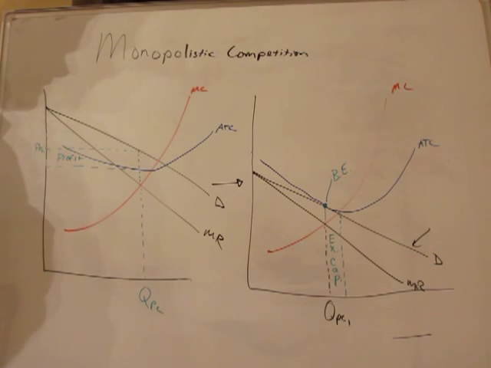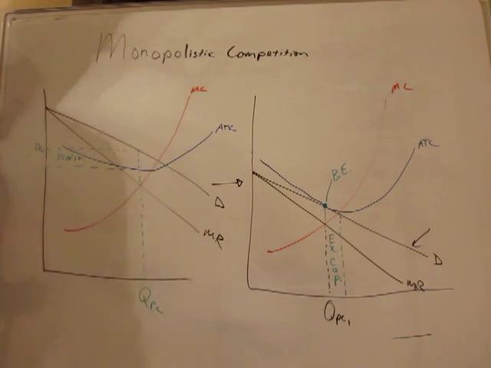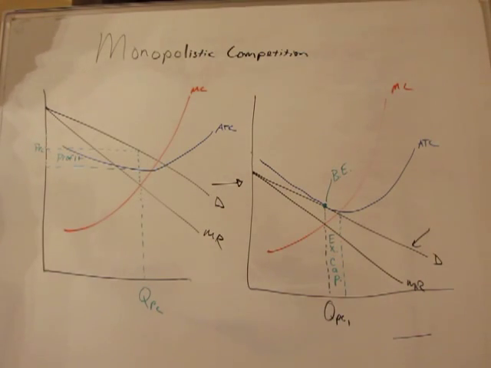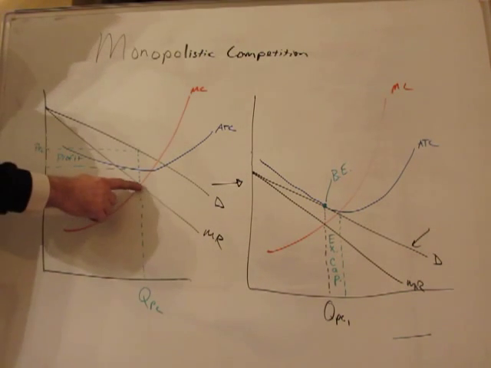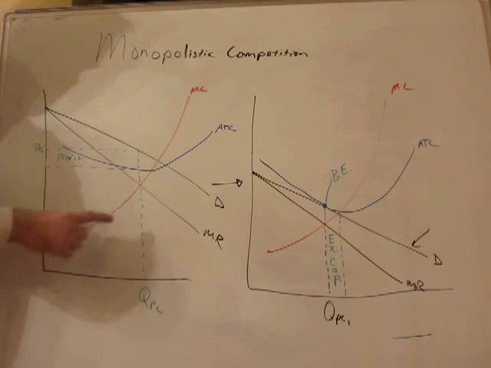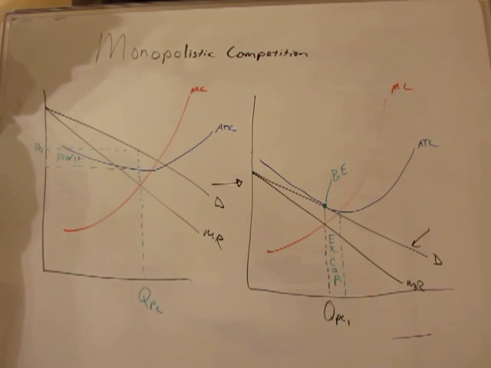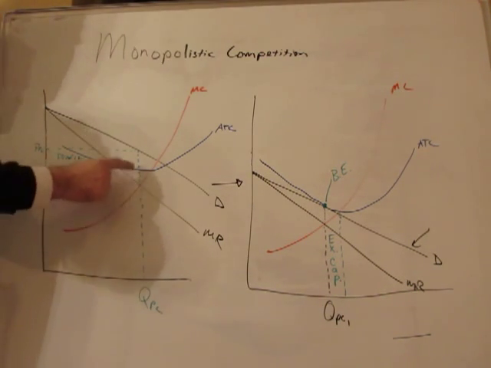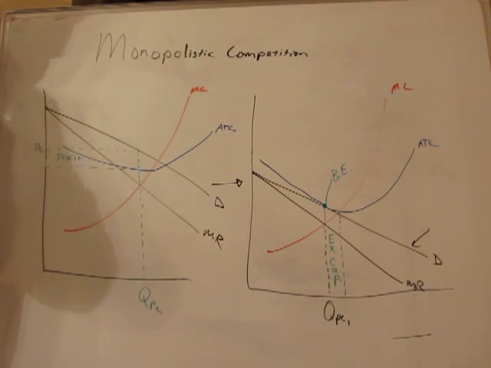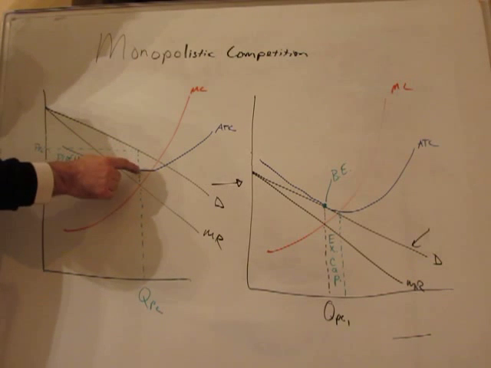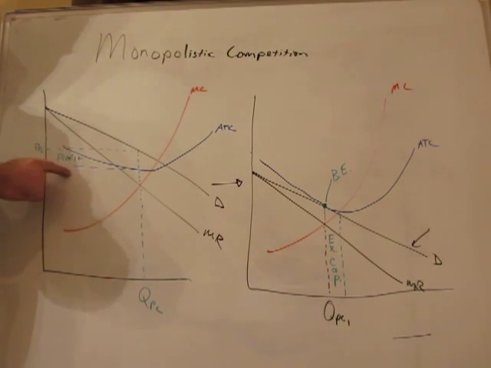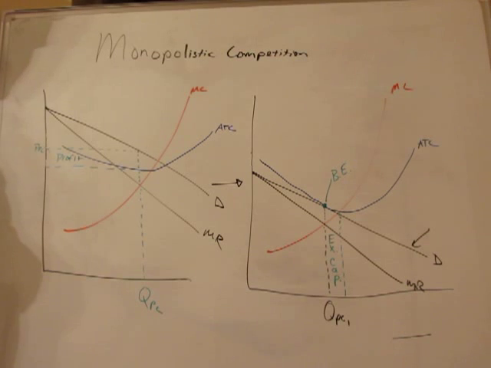The main difference between it and a perfectly competitive firm is it has a demand curve above the marginal revenue curve like a monopoly does. So what we get is we produce at MR equals MC, right there, as always. We drop the quantity down. We take it up to the demand curve and across to get our price. And since at that point we are above ATC, we are currently earning a profit in this